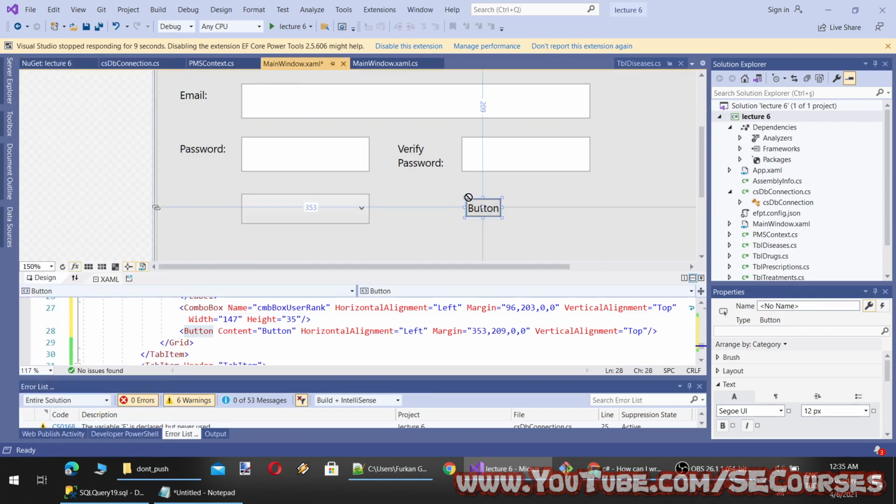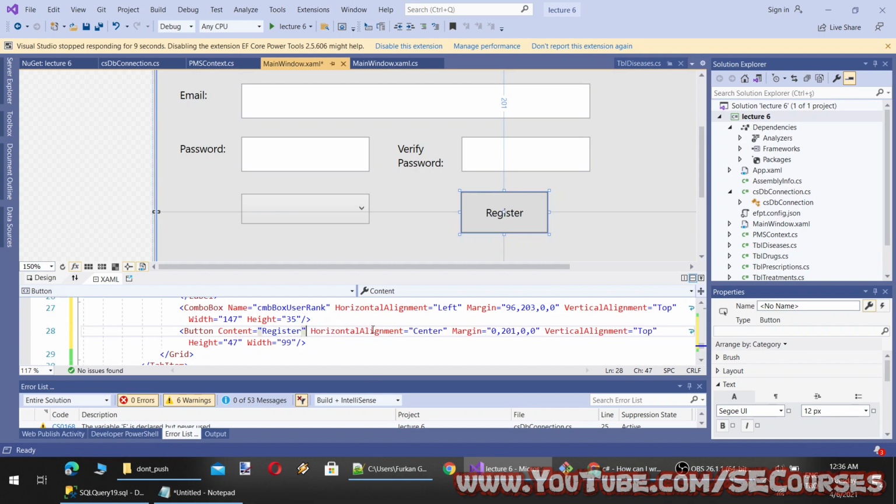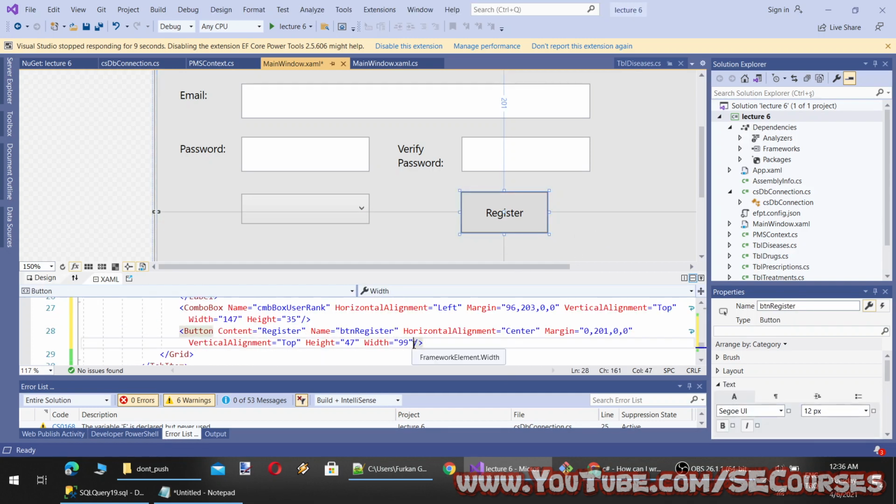Let's put a button here and name it Register, name btnRegister. Okay, let's compose its click event.